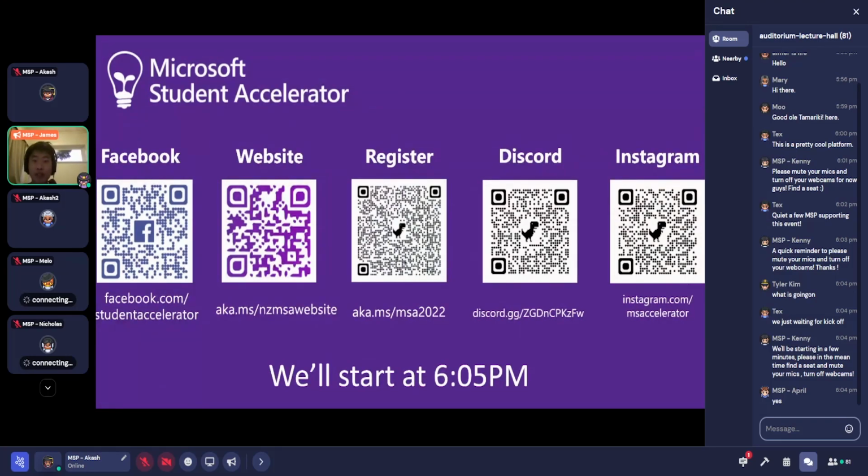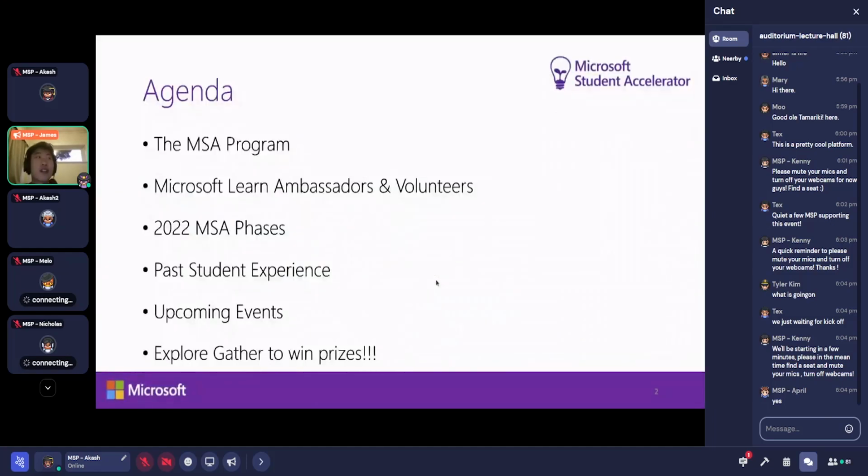Just before the introduction, I'm gonna quickly go through what's gonna happen for tonight. So the first one, definitely, I'm gonna introduce the MSA program as a student lead for this year. I'm James, by the way, as you can see. And then the second one will be introducing our MSPs, Microsoft Learn Ambassadors, Microsoft Student Partners and Volunteers, which you can see with the MSP tag on it.